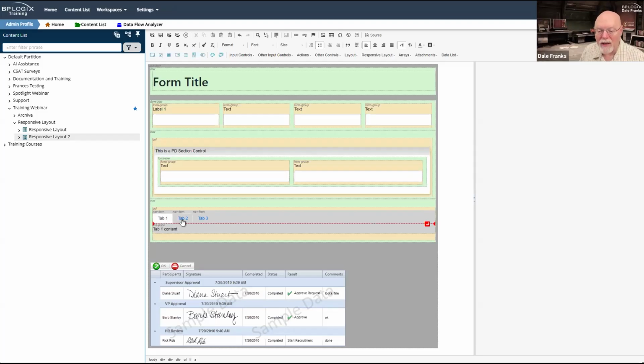Each one of these tab content controls has the tab pane for that tab content control below it. Basically, they're all superimposed on top of each other. So when you use the tab controls in Process Director, it kind of looks a little ugly because you have to have the tab strip control, then you have to have the tab content start, and then you throw all of your content in there. Then you need a tab content end, and then below that you need another tab content. And so horizontally, it takes up a lot of space in the design.